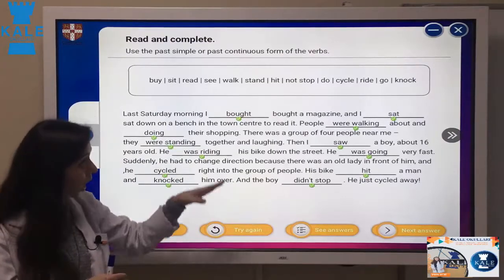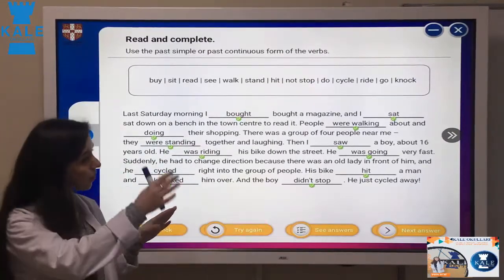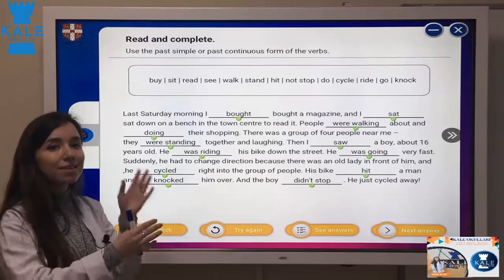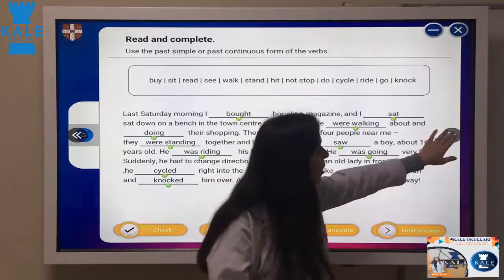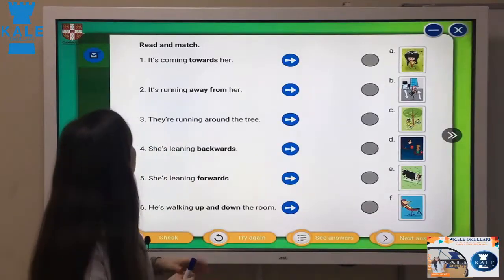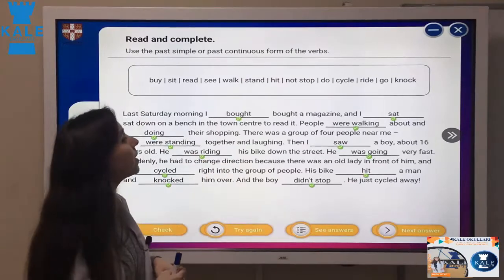So also this exercise I think is really useful. All of them together, all the grammar, past simple, past continuous, you can check it again. So let's check if we have another one or not. These are about the vocabulary. We don't need them. Again, you can check this.